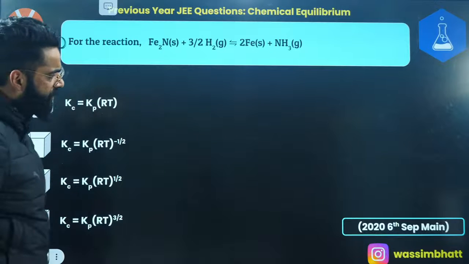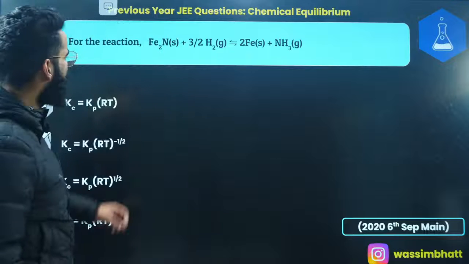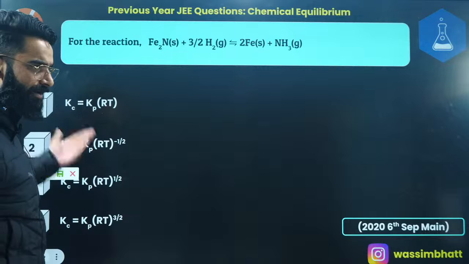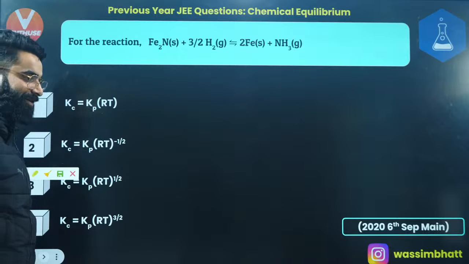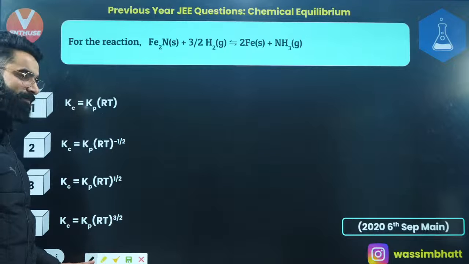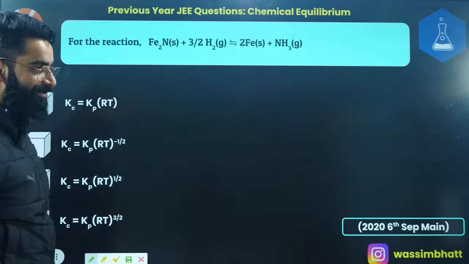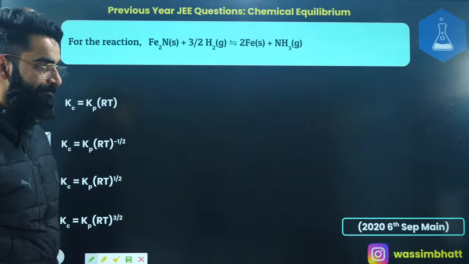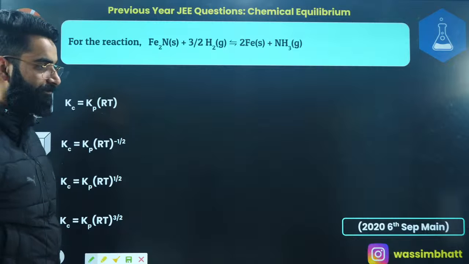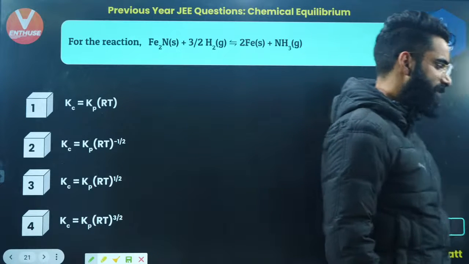Okay, one more question which was asked in your JEE Mains 2020 6th September. Again, the similar sort of question and a very simple and basic one, right? You can let me know its answer. I mean, this is the simplest of all the questions which have been asked from the chemical equilibrium till date. Yes? Let me know fast in the chats what is going to be the answer of this one.